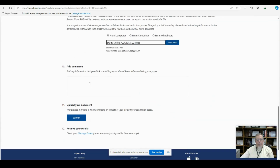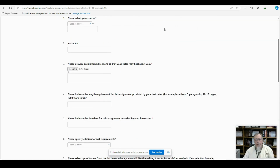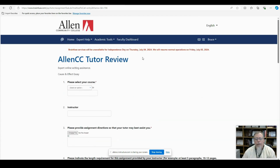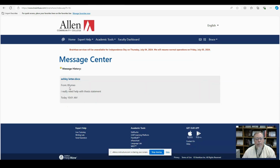And then you'll come down for any final comments you might have and click Submit. This is when the 48 hours begins and it comes to my inbox. When I read the paper and send it back to you, you will get an email to that effect, and it will tell you to find your paper in your message center. So you'll go back to Canvas and pretend like this is the tutoring screen, and your name will appear here where you see Bruce, and you go down to my message center and the paper will appear here, and you can open it up and see my comments. All right, so now let's go back, and